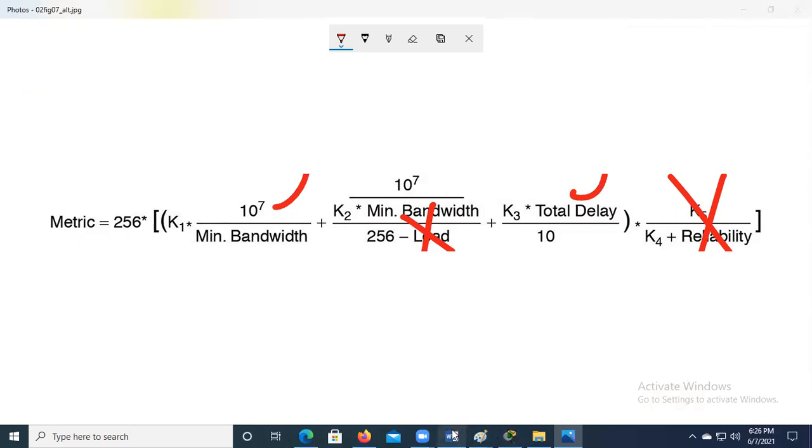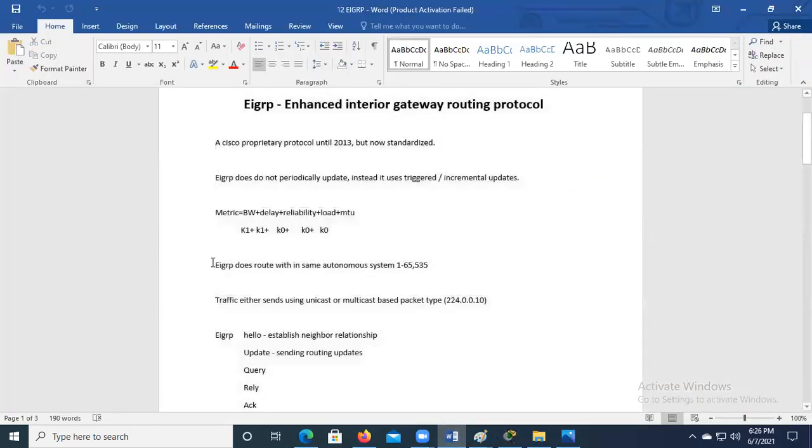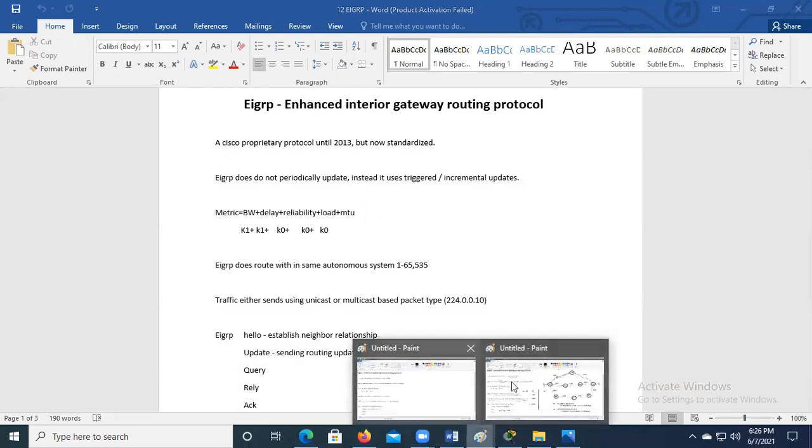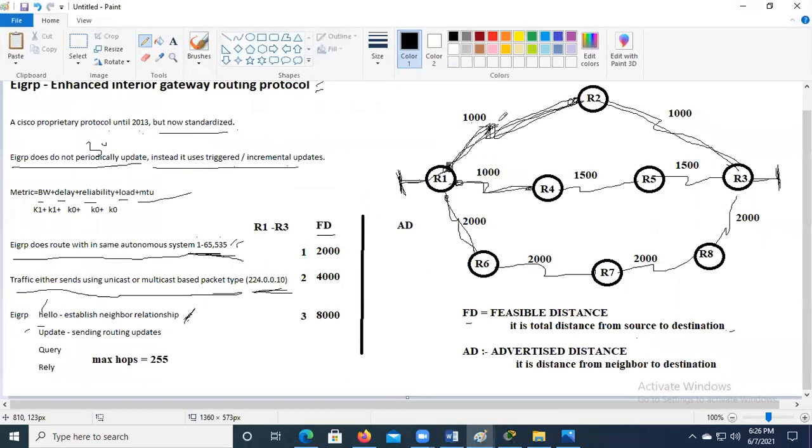That's why some people say, because these K values, like K1 and K3, are set to 1, and the other K values are set to 0. When the K values are 0, it is not going to take into consideration reliability, load, and MTU actually. It takes only the bandwidth and the delay. So with that metric calculation, it generates the FD value automatically.